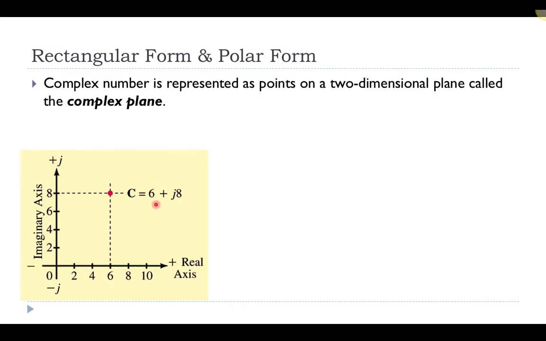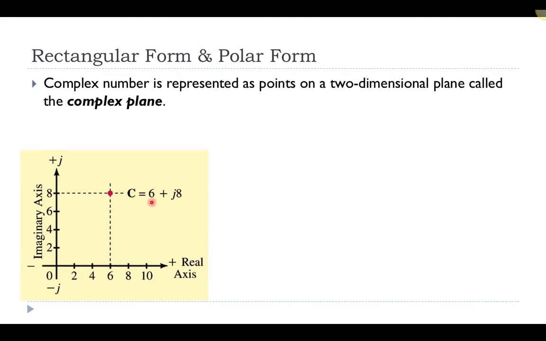And so if I had a complex number that had a real part of 6, I would go across the real axis and I would go 6 over, and it has an imaginary part of 8, so I would go up the imaginary axis 8, and I could represent that particular complex number as a point in the complex plane. It's very similar to a vector that had an x component of 6 and a y component of 8. But these are different things. I can't add those two quantities together because one part of this complex number is real, and one part is imaginary. So you might remember back to vector notation, and so this is the rectangular form of